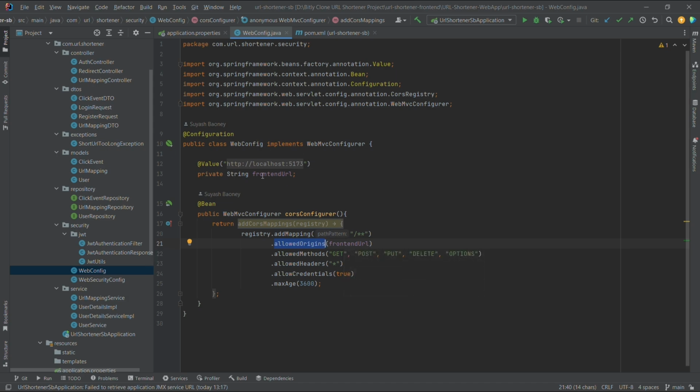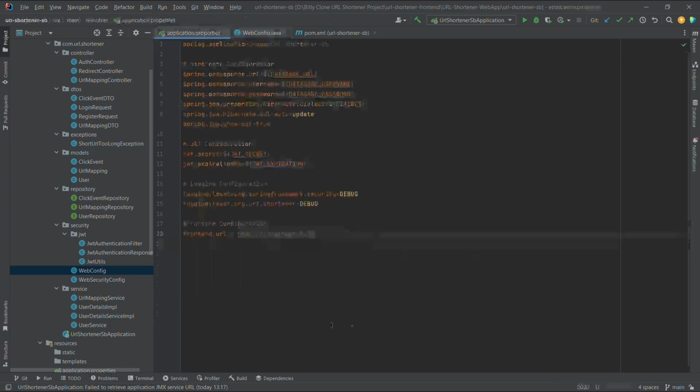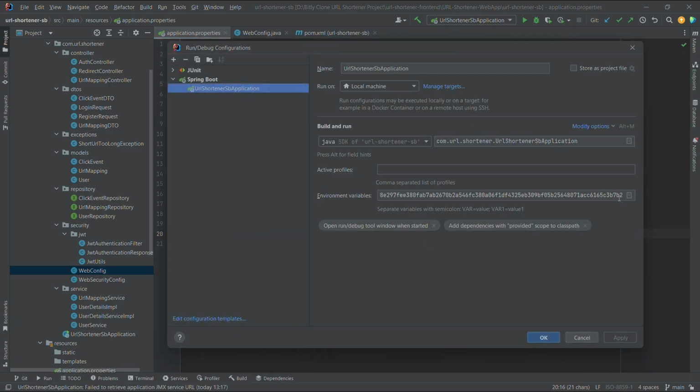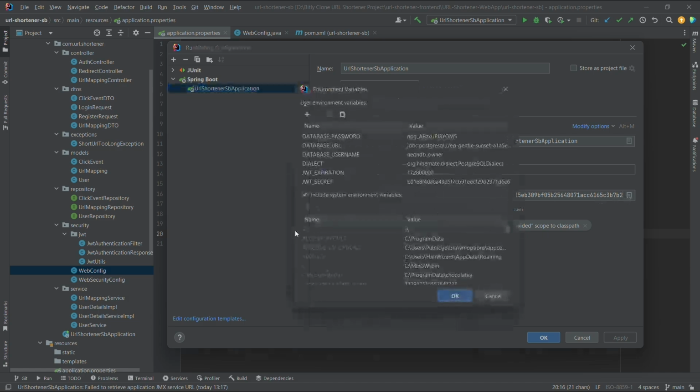But now, since this front-end URL is given directly in application properties, we need to change it here. Other than changing this in the backend, what we can do is externalize this configuration. So I'm going to go to edit configurations, and then I'm going to add another environment variable over here,